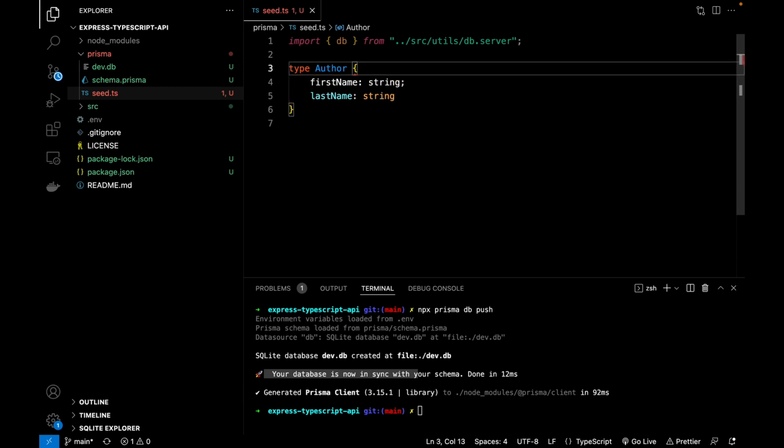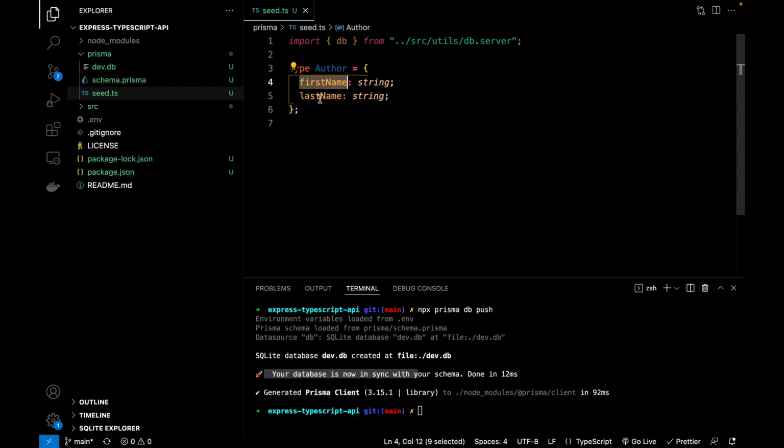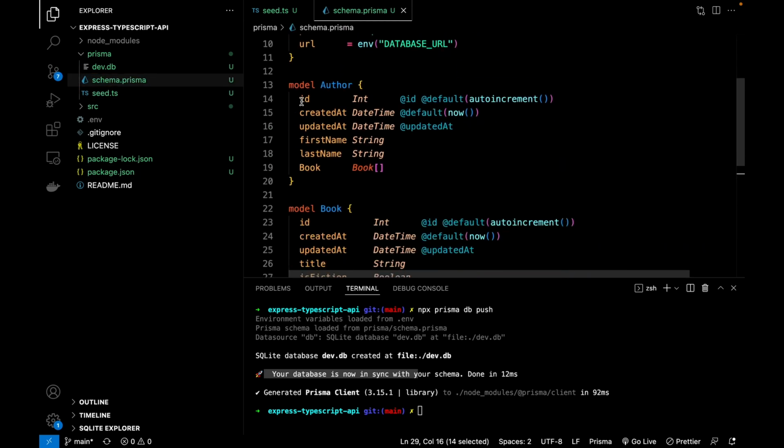And we're missing an equals here. But why am I just defining first name and last name, whereas in our author model we have a bunch of other columns such as ID, created, updated, and this book thing here? First of all, this book thing isn't actually a column, so we can ignore that one. But for the first three, so ID, created, and updated at, these are